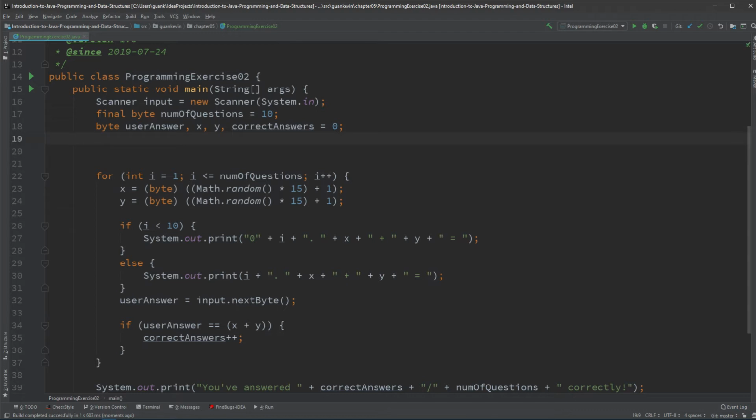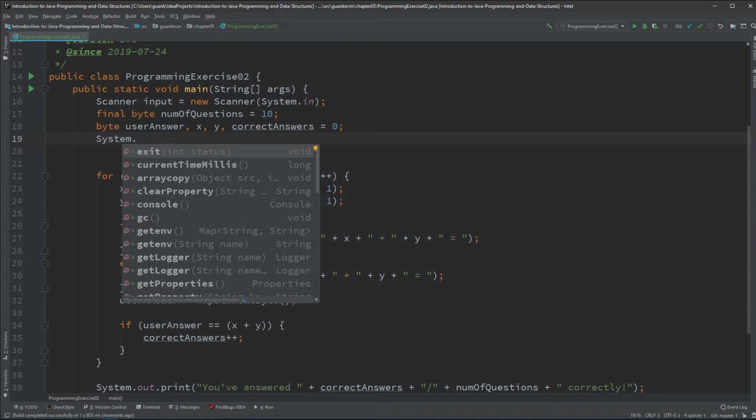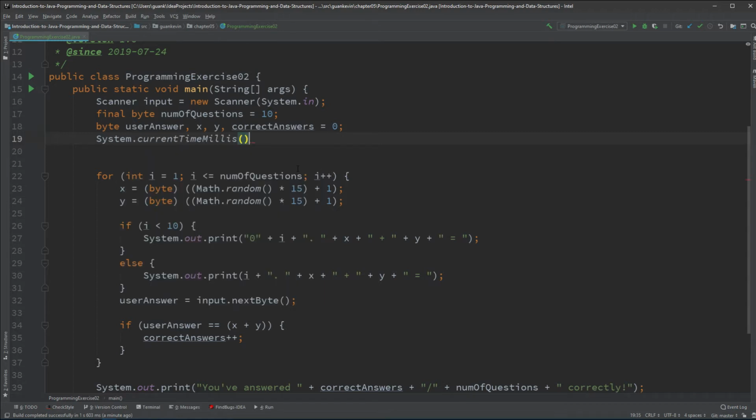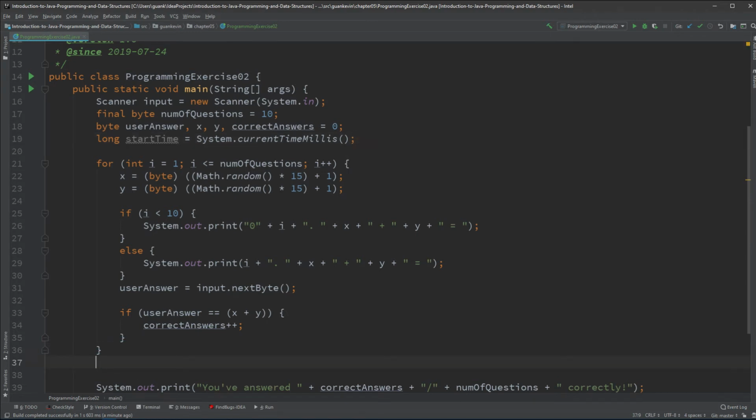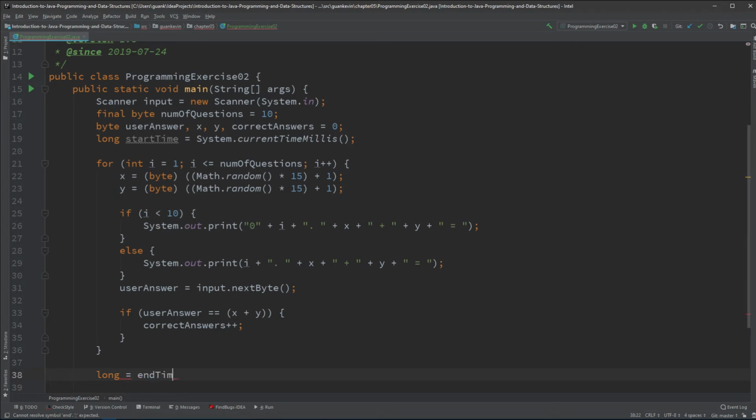Well, once again, I'm going to have to use another class, and this class is the System class with a method called currentTimeMillis that returns a long data type. So what I'm going to do is create a variable called long, and the variable name will be startTime. All right, and then I'm going to create another variable right here called long, and I'm going to call it endTime